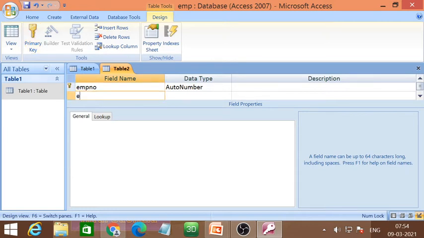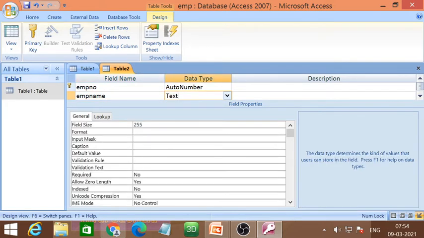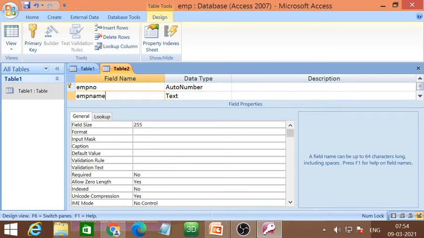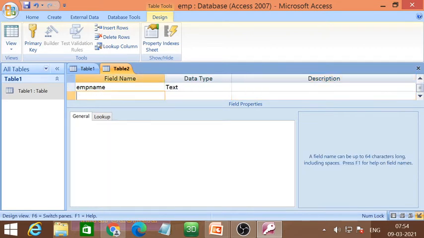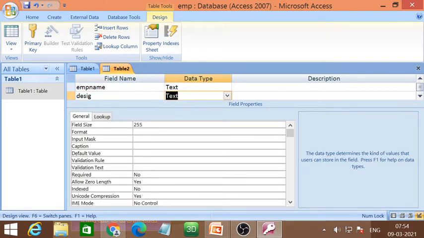Next field is EMP name, which is the name of the employee, and the data type will be text. As you know, the data type of a name will always be text. Next field is designation, so I am writing designation. Again it is text.